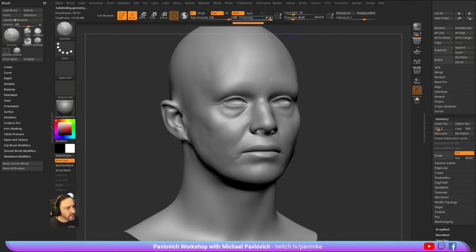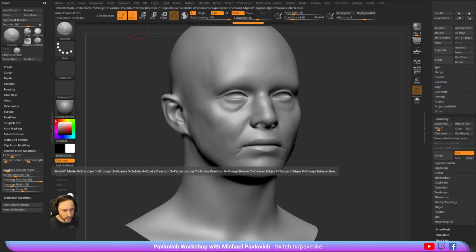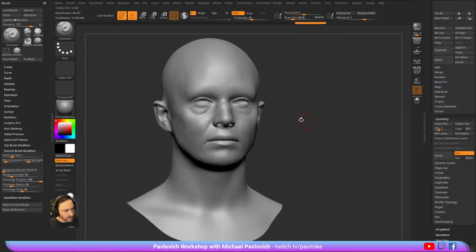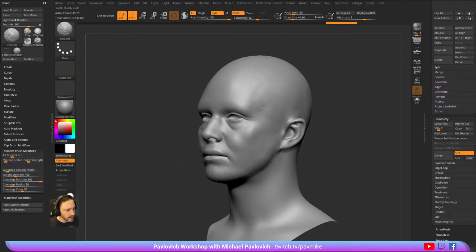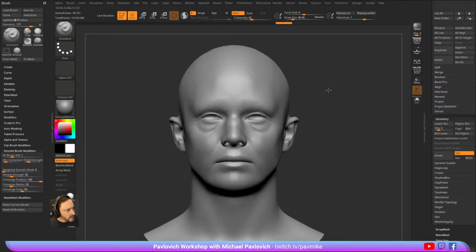I'm going to hold down shift, turn down my Z intensity. By default for me, let me see, my smooth brush modifiers over here, I have it set to weighted smooth mode of 1, which always smooths a little bit strong, which is fine. That's what I want it for. But you'll see me go in there and turn down my Z intensity a bit on lower res meshes. Okay, so